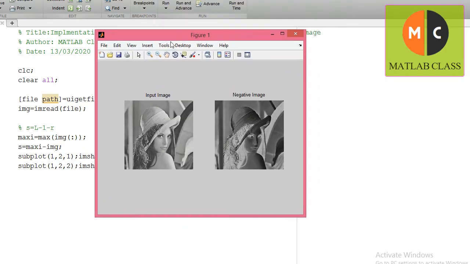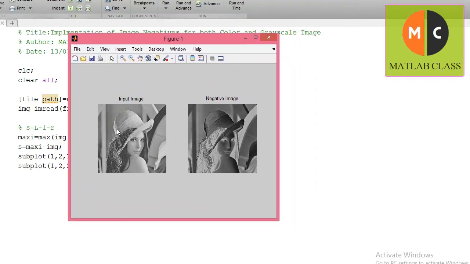So this is my output. This is my input image and this is the image negative for this corresponding input image. So I am getting exactly the negative image for this corresponding input image.